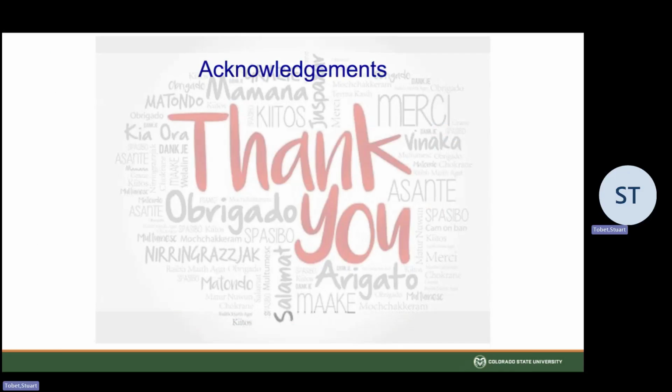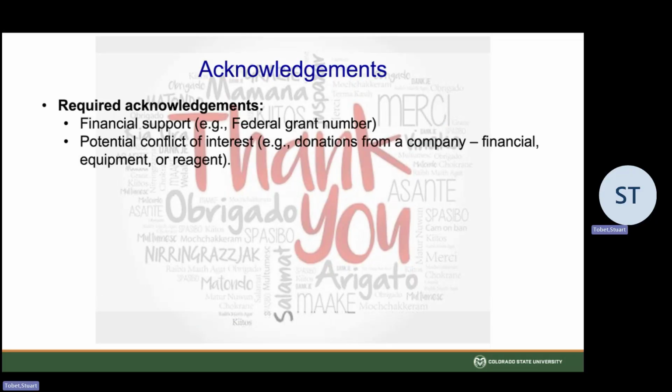Acknowledgements are important, particularly to the people that funded the work. So financial support is actually required. There is a point in time, probably still true, that citing that the work was funded by a not particularly well-liked industry might actually not work well in your favor. So at one point 20 years ago, and I think it's still true, it's not great if the